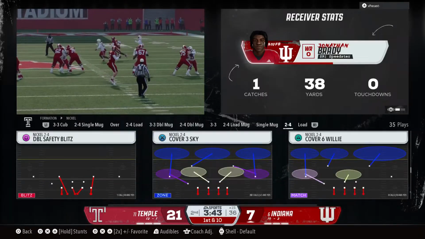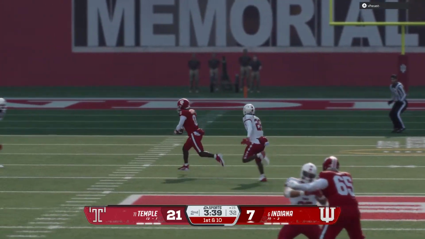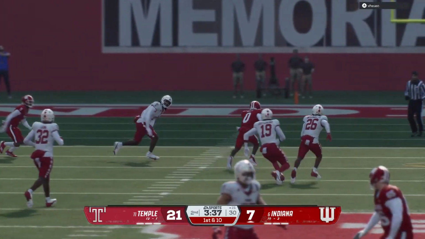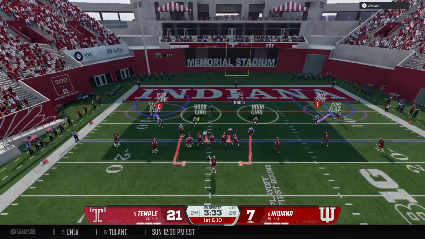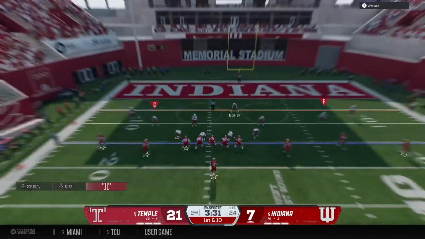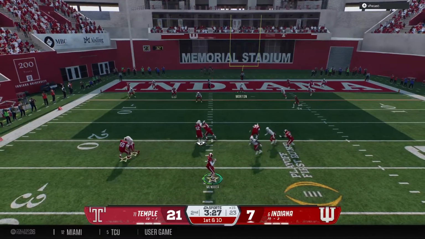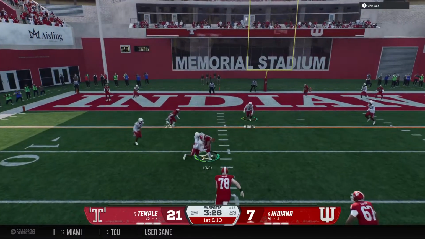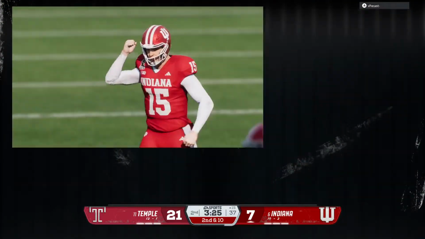It's early in this game, so this defense better get their arms around this receiver because he could be a monster today. And the Hoosiers lining up here on 1st and 10. Looking to throw it from the red zone. Bringing pressure. That one falls incomplete. Good defensive play. Brings up 2nd down.